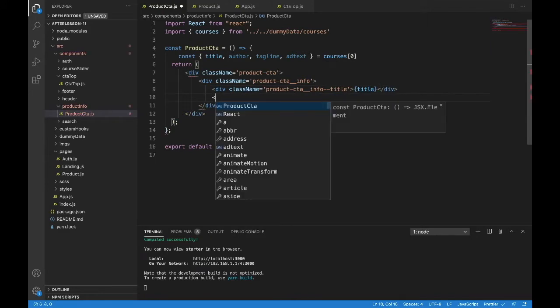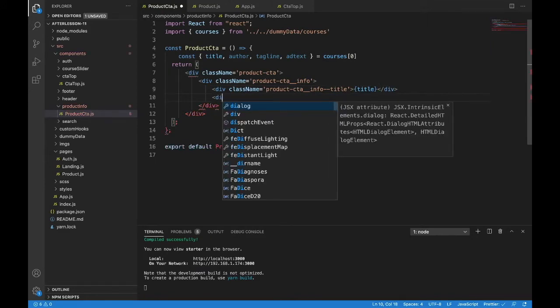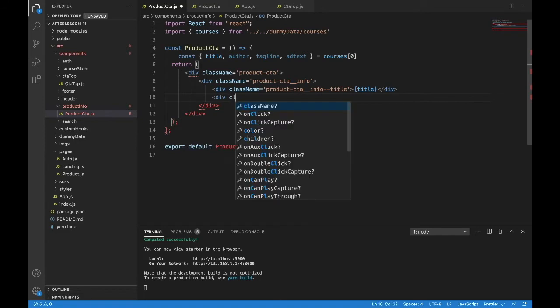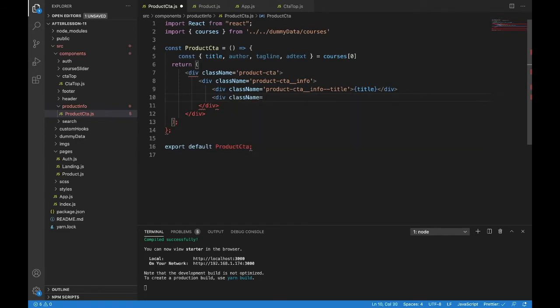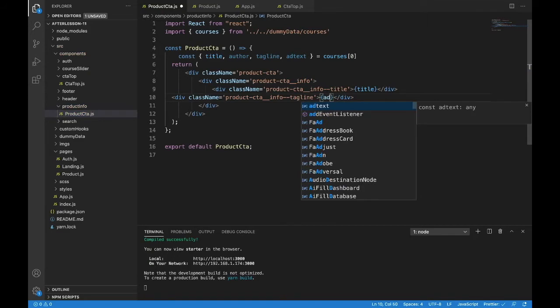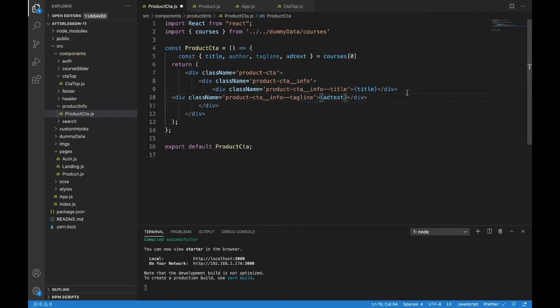Now let's make another div for one of the taglines here. We'll do the add text first. We'll do a div class name equal to, and then put all of that in there. Change it to, we're going to call them both tagline, even though this one will be the add text. They both have the same styling, so we don't have to worry too much about that. So just write add text into here. And add text, I would write it like this. I'm almost sure I capitalized the T. So I'm going to do that, and we'll see if we get an error or a problem when we start